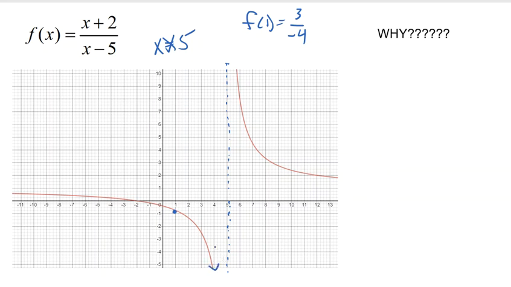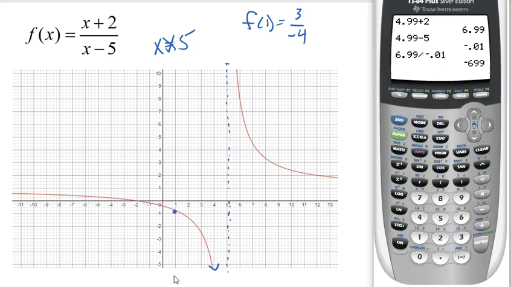It's just going straight down at that point. And the same thing is said to be true coming from the right-hand side. So if we were to pick a number that is really, really close to 5, but from the right. So for example,